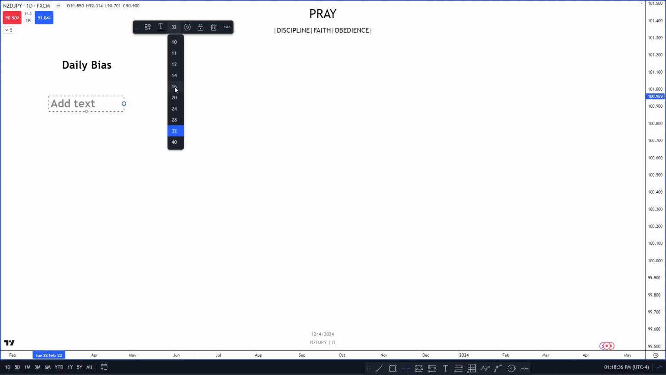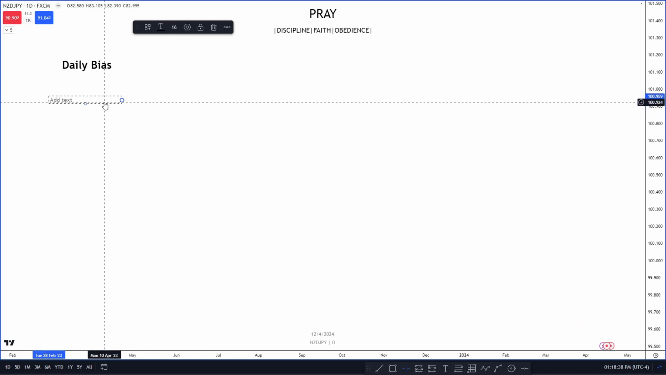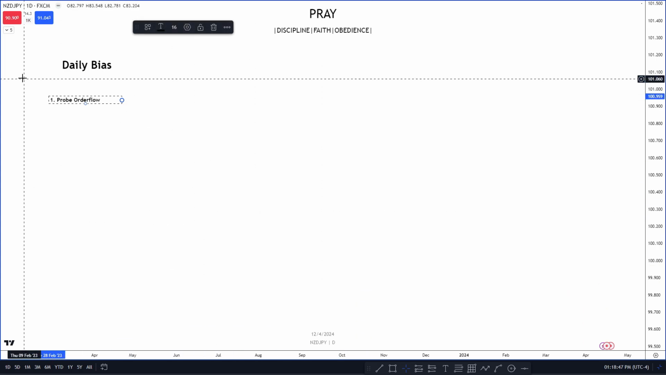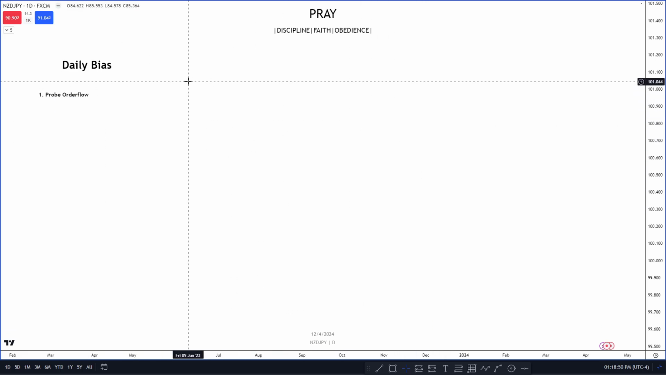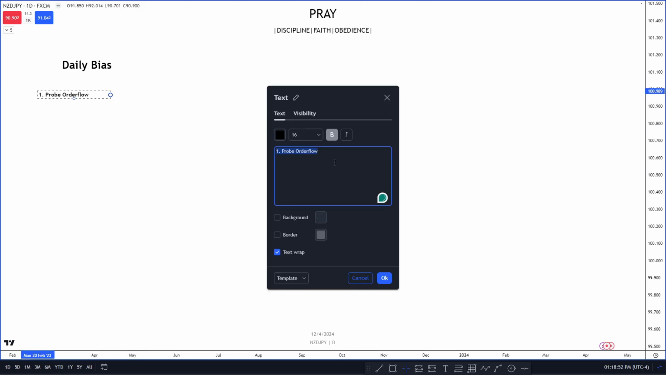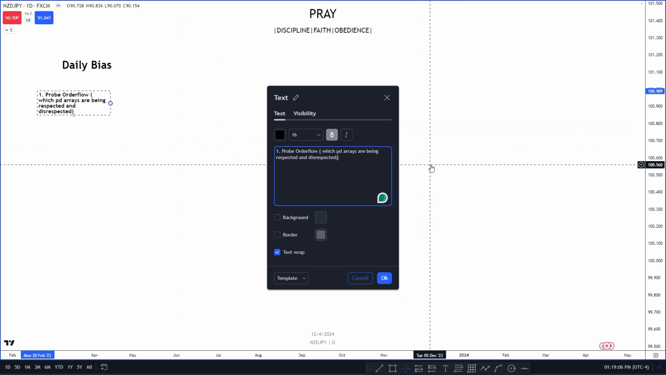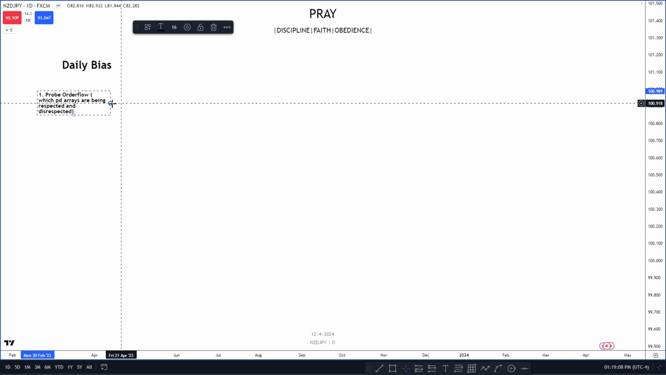can find it. So the first thing you want to do is probe order flow, right? See the direction where it's going. Are we disrespecting bullish PD arrays? Are we respecting bearish PD arrays? Which PD arrays are being respected and disrespected, right? And which lows are getting taken and which highs are getting taken, or just which liquidity pools